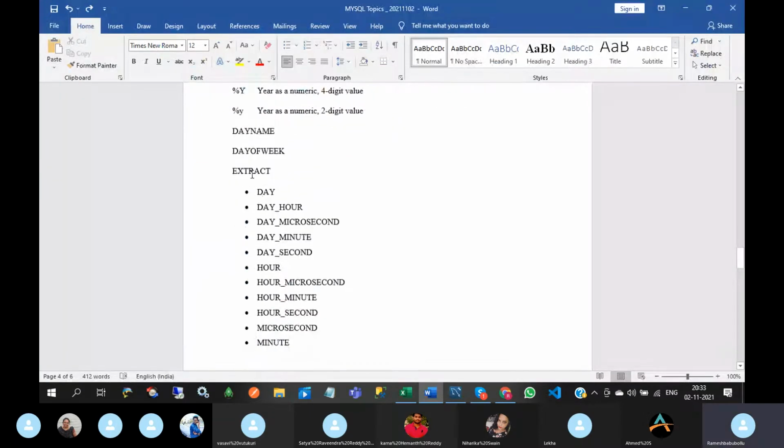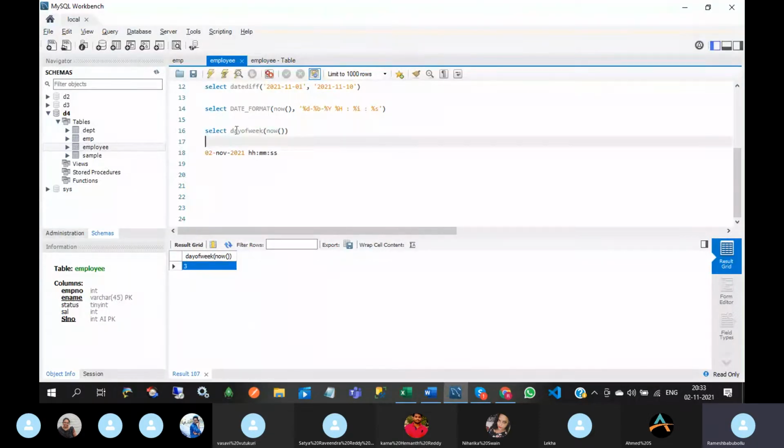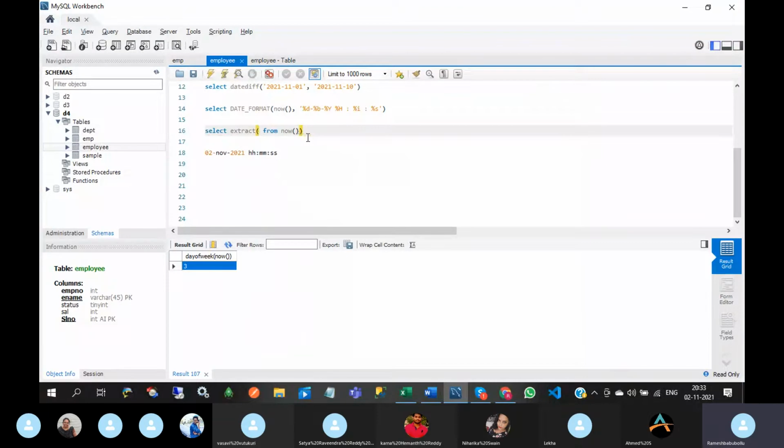And extract. It will extract part of a date. Let me tell with an example: extract from this. If you want to extract day, then you put day.